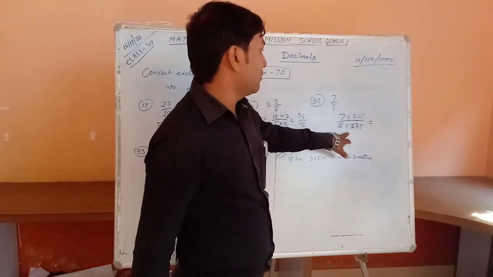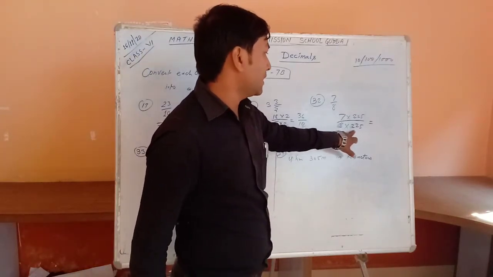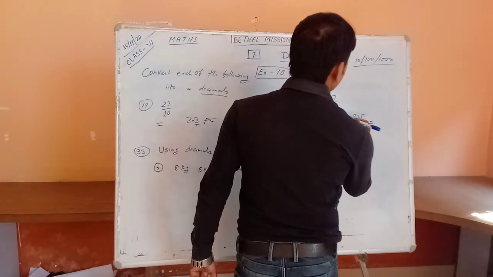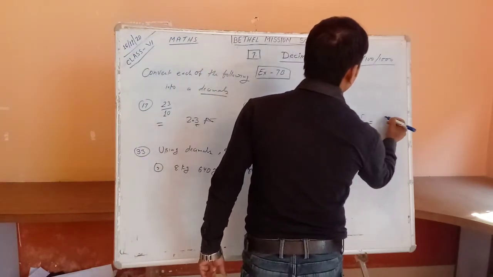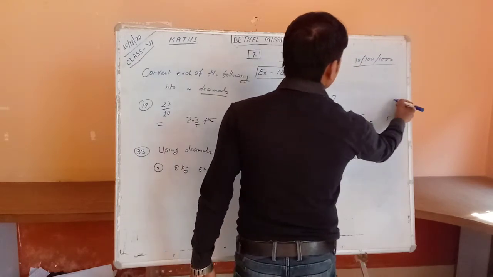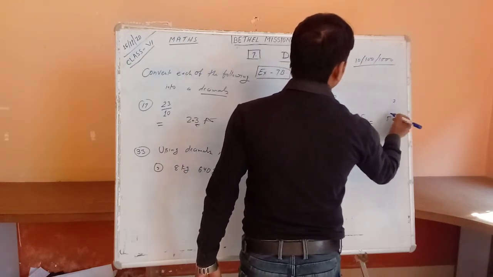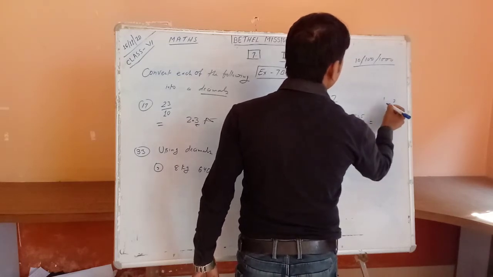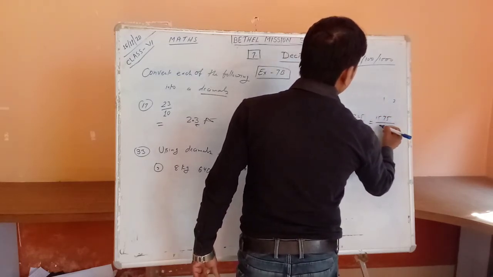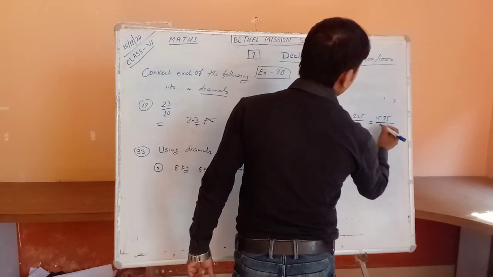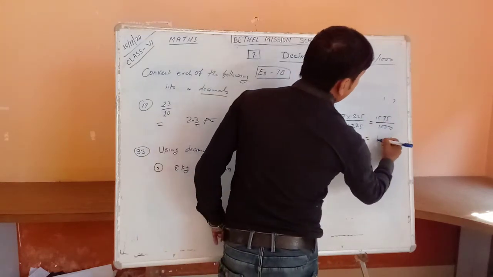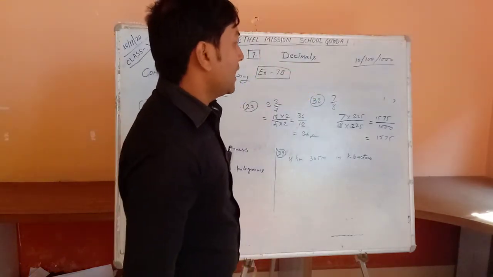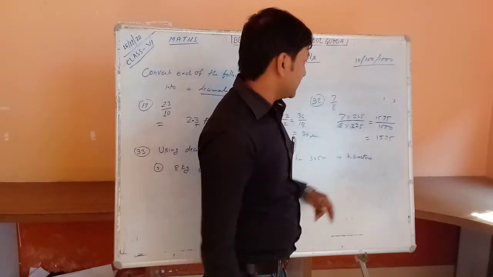225, if you multiply with 8, this becomes 1000. And now you can multiply the numerator with 7. 5 sevens are 35, we have 3. 7 twos are 14 and 3 is 17, we have 7. 7 ones are 7, and 7 is 14 and 1 is 15, and the numerator is 1575. Now put the decimal after 3 places, 1 2 3 here.